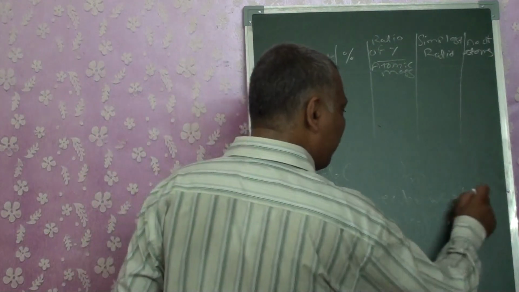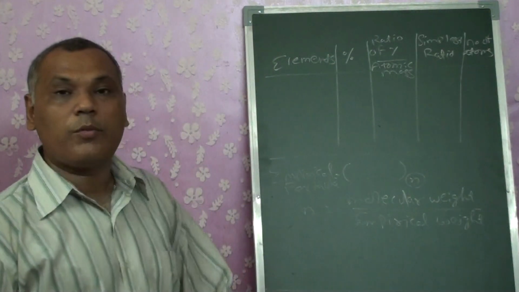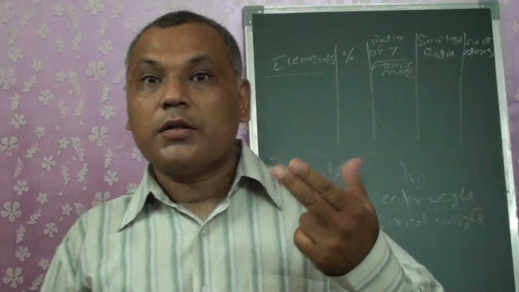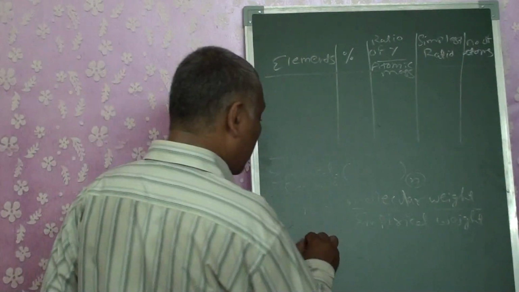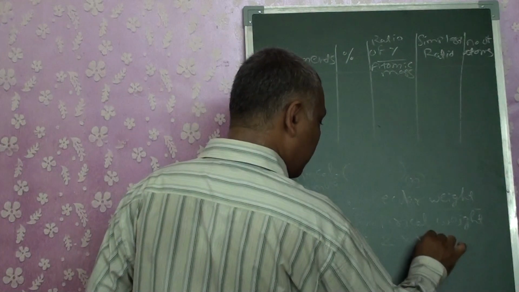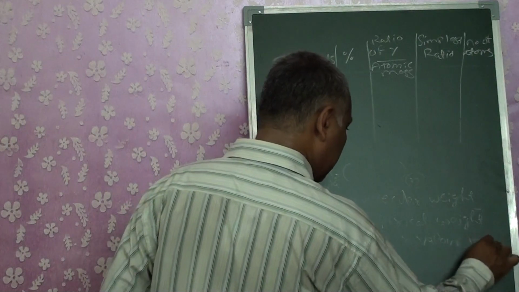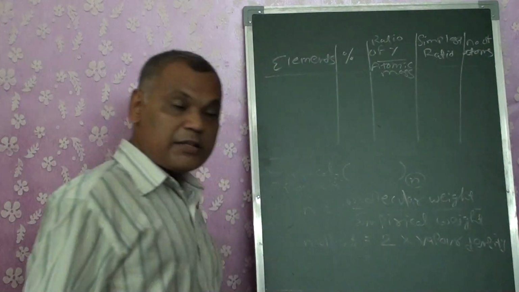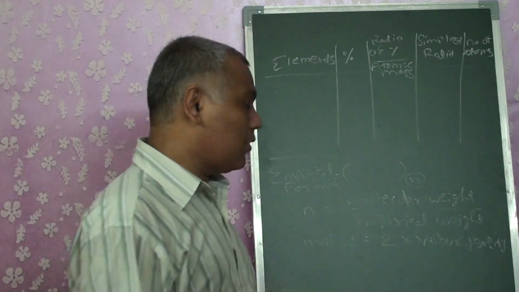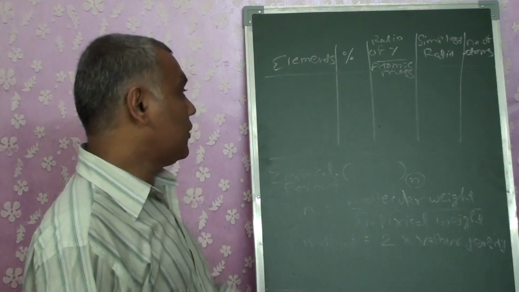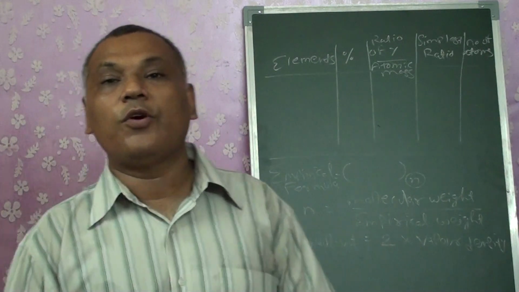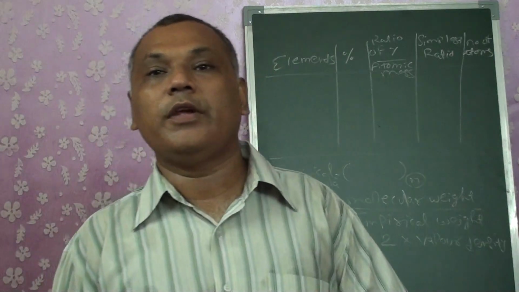Again, there is a possibility that we don't know the molecular weight. How can we come to know it? Molecular weight might be given to us, or the second possibility is they might give us molecular weight equals twice the vapor density. So in the sum, vapor density might be given to us, and using that vapor density we can find out the molecular weight. Maybe molecular weight is directly given to us. If we make this calculation, we will get the molecular formula or empirical formula of the given compound.